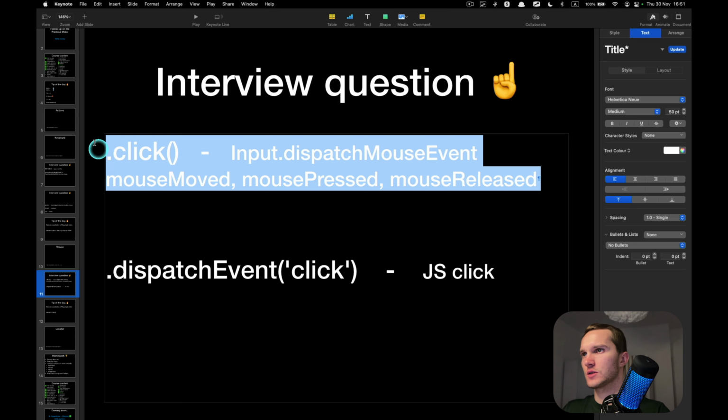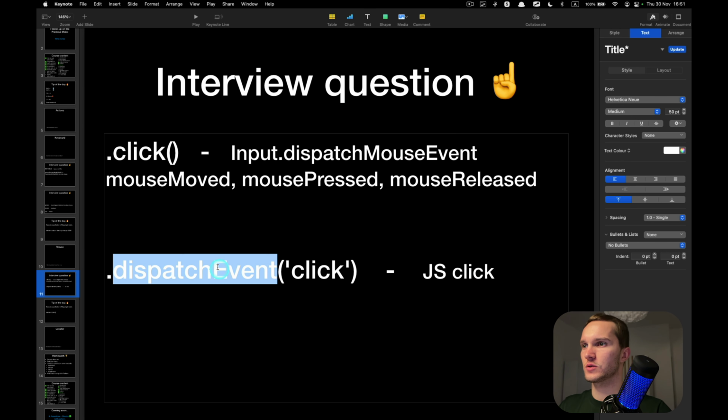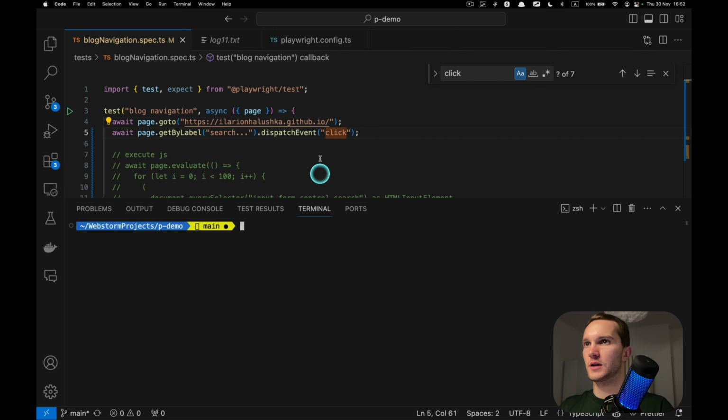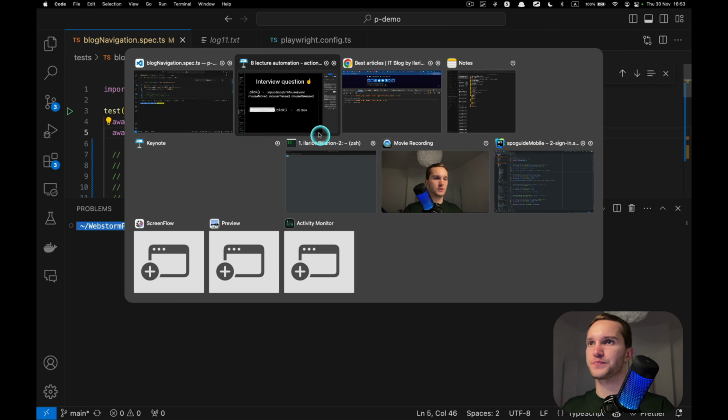So it's always better to use this click like a real user does, but sometimes you might want to use this one. This is like a force click, calling the JavaScript click method. Just one command: no mouse move, mouse pressed, release. Just do the click using JavaScript. But again, it's always better to use this one. This is what you have your automation for, right? You want to interact with the page as real users do. So go with this one: mouse move, pressed, released.